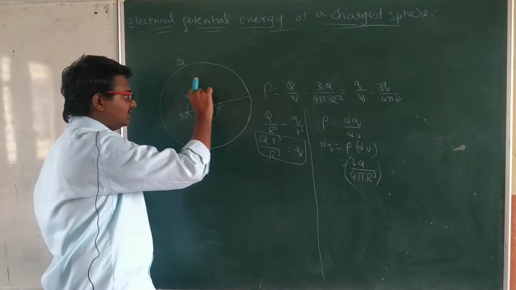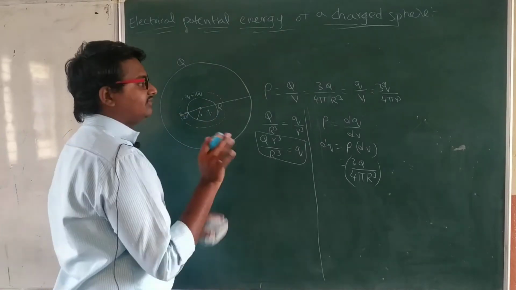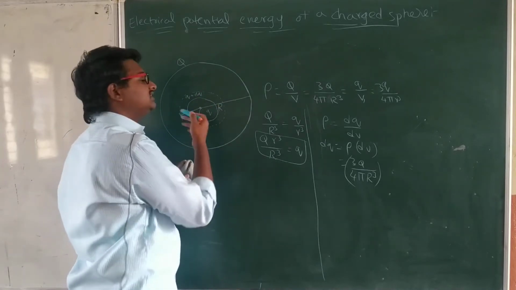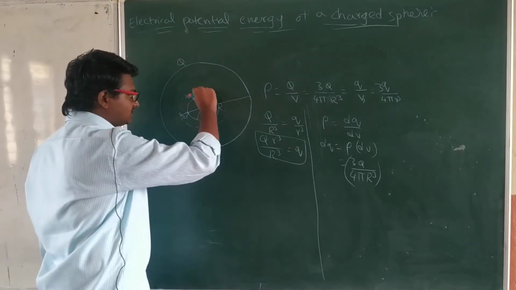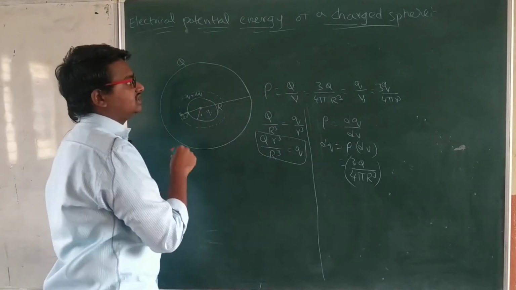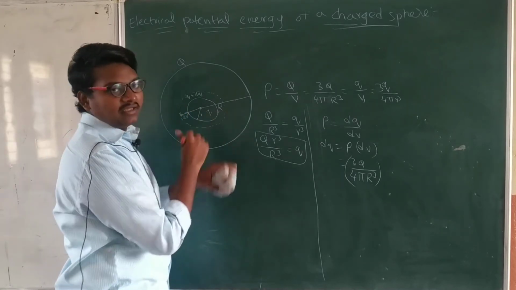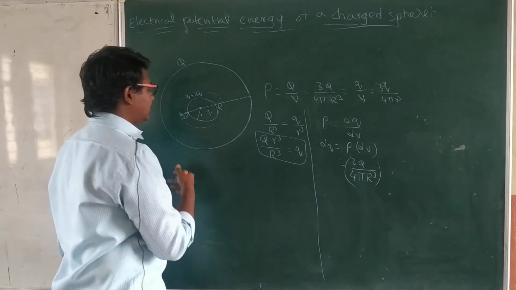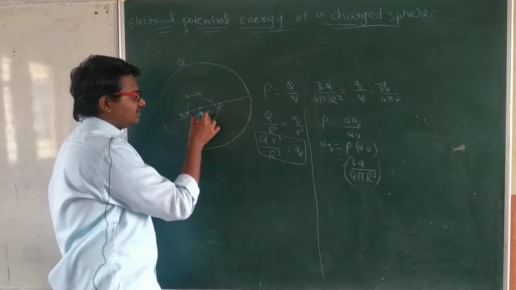If you are observing here, we want that concentric sphere's volume. But here we are not going to find the total volume of the sphere and subtract the inside one. We don't do such a thing. Here we will think that this concentric sphere's volume is equal to a cuboid volume. We have to consider the cuboid here. How can the cuboid be considered? Simple. See, this is a surface with radius small r.